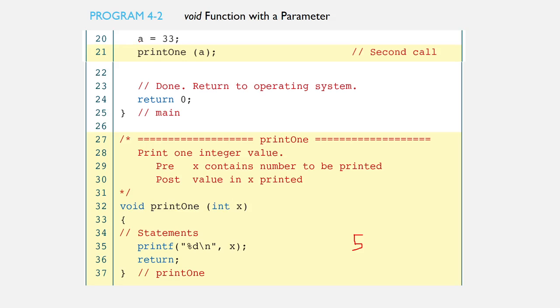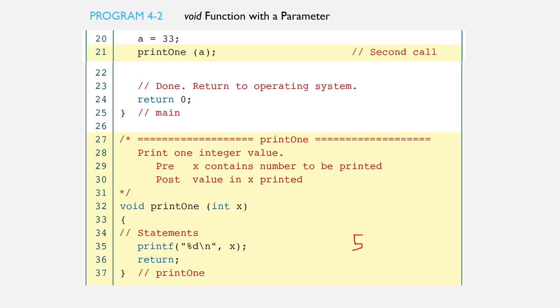Now at line 20 we modify the value of a, so the value of a will be 33. And at line 21, this is a second function call for the print1 function, passing the latest value of a, which is 33.